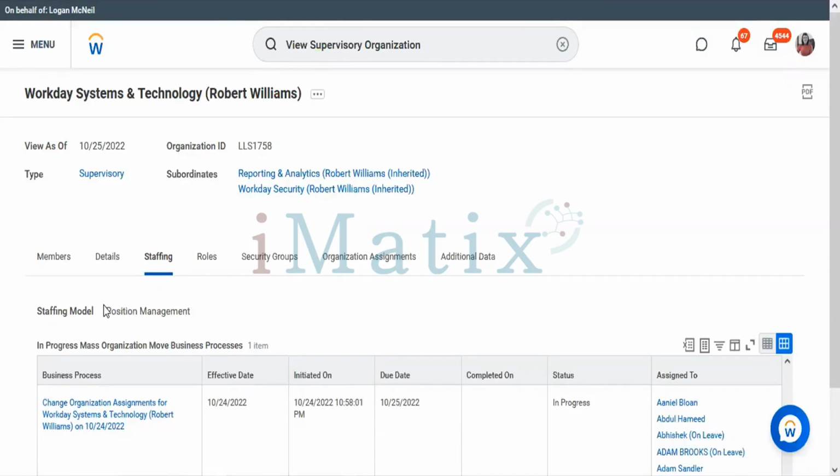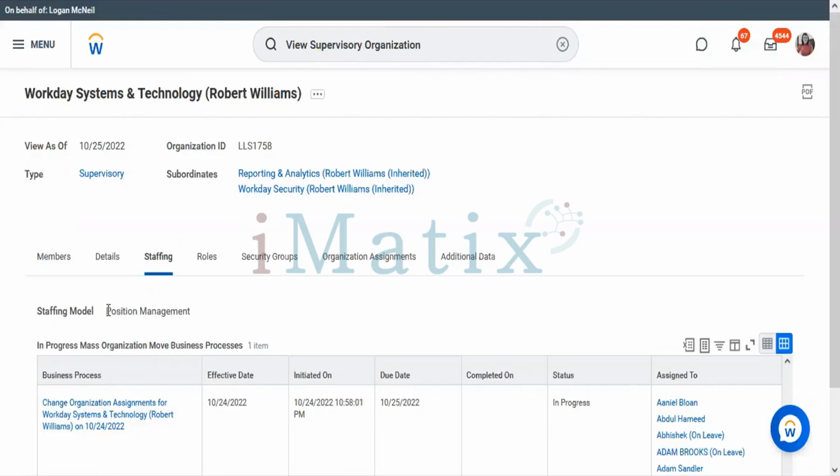And this would also be a question for you. What is a position management staffing model, or what are the staffing models that you have? We have two staffing models. One is position management. The other one is job management. What is the difference between position management and job management?